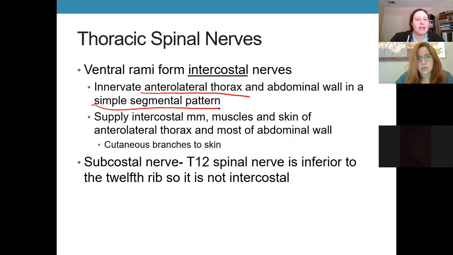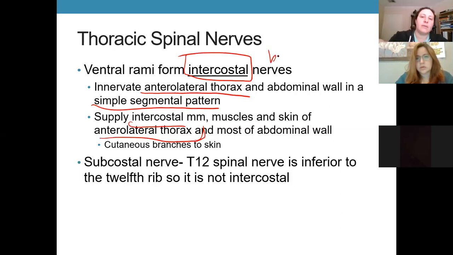So they supply like your intercostal muscles, the muscles of the skin and anterolateral thorax, and most of the abdominal wall, as well as the skin and stuff. So they're intercostal because they're all running in between ribs, right? Between ribs. And this is T2,